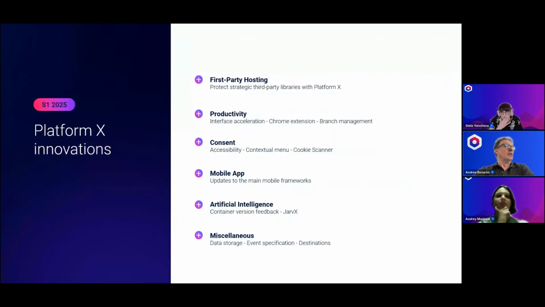So what are we talking about? We are talking about first-party hosting. This is a topic quite hot and trendy in this part of the year. We are talking about productivity, so ways to enhance the productivity on our platform. There is an interesting part related to consent and to mobile apps, which is always interesting to see what's happening with.